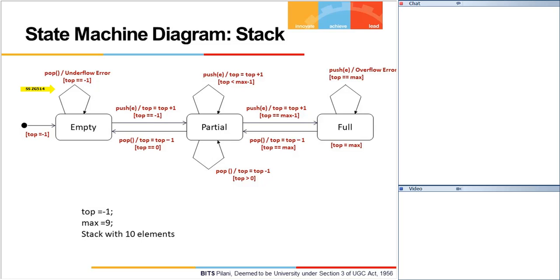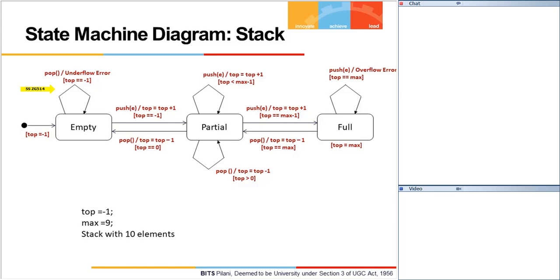What this loop transition is saying, if on an empty stack a pop event occurs, what is the action that has to be taken? An underflow error has to be displayed. My action would be that an underflow error has occurred. And this transition will happen only when top is equal to -1. That means my system is in an empty state,